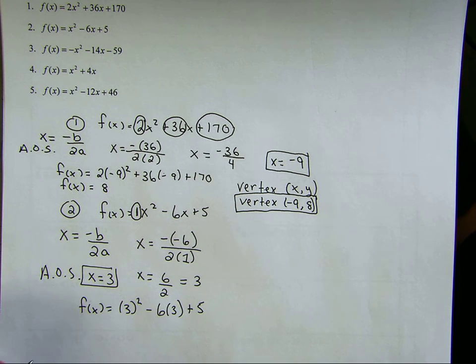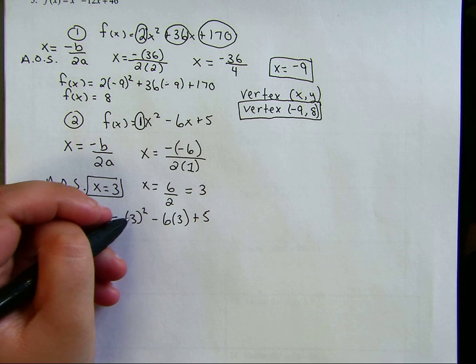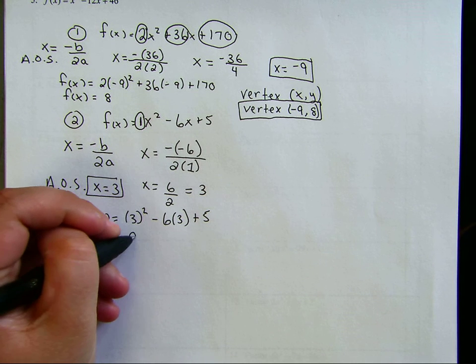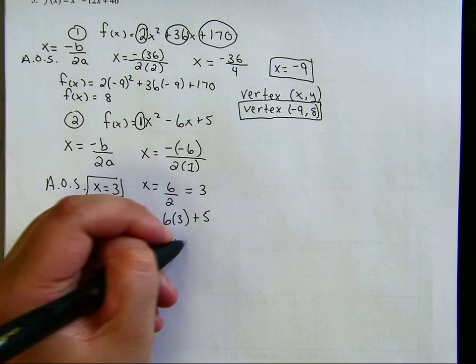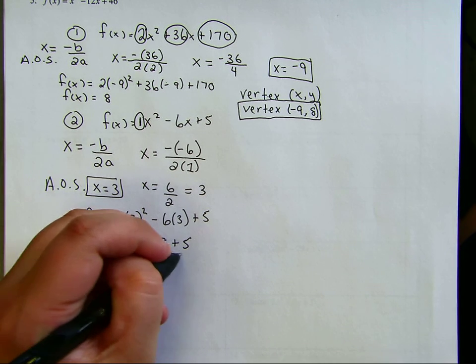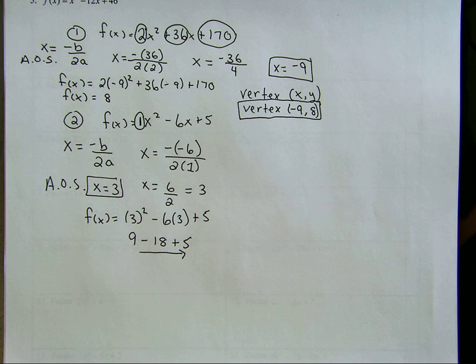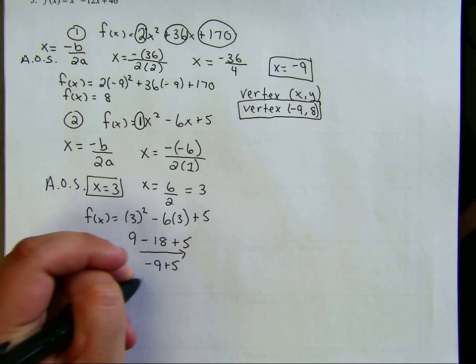So if you don't have a graphing calculator at home, or any type of calculator at home, do PEMDAS. Exponents first, minus 18 because you can multiply, plus 5. Now we want to add and subtract from left to right. So 9 minus 18 is negative 9, plus 5,